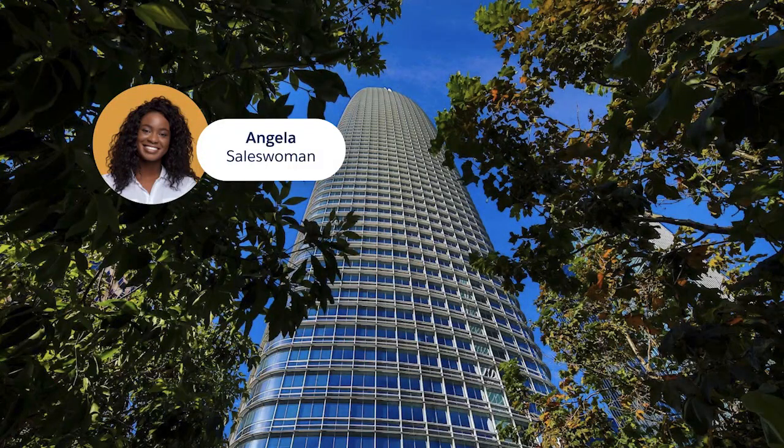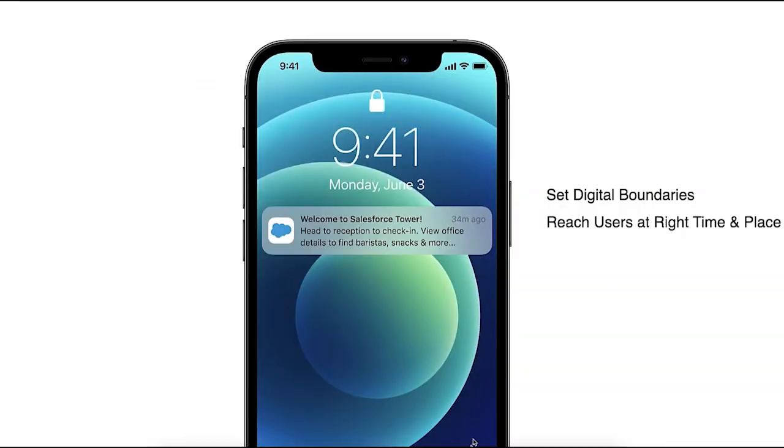Picture this. There's a networking event for Trailblazers being hosted at Salesforce Tower, and Angela the saleswoman will be attending. At previous events, guests have complained that they had trouble finding important information. As a result, your team has been enlisted to build a custom event app to guide attendees through their night. You want to start off strong, so your team includes the Nimbus geofencing plugin in the app to welcome guests